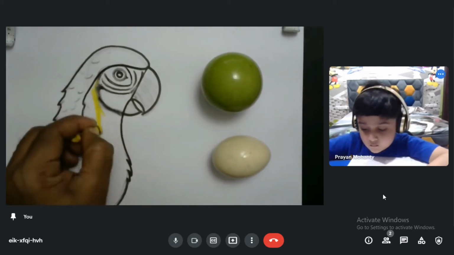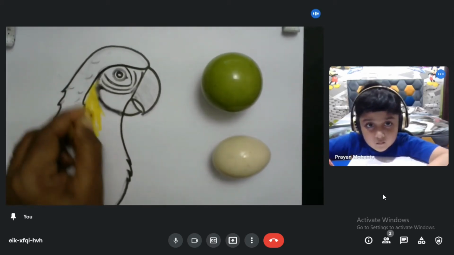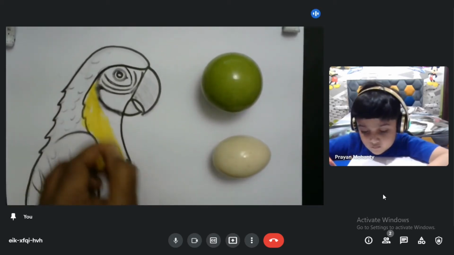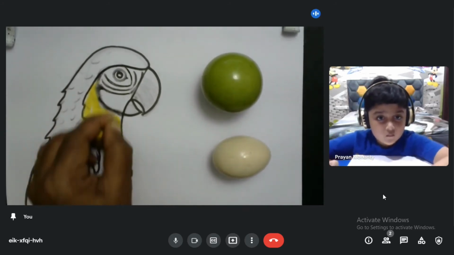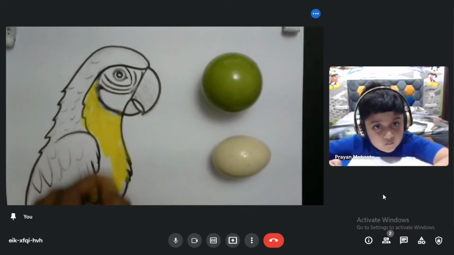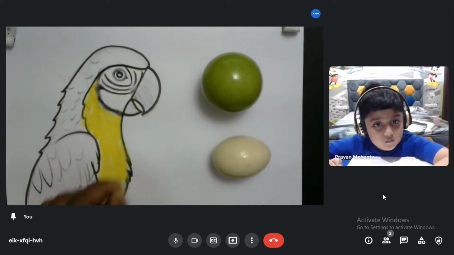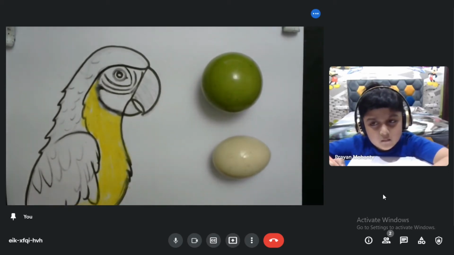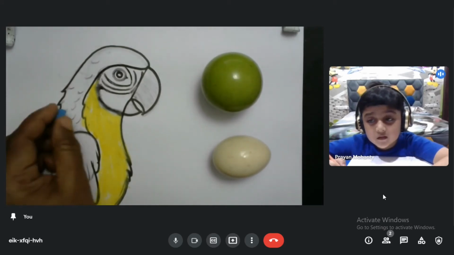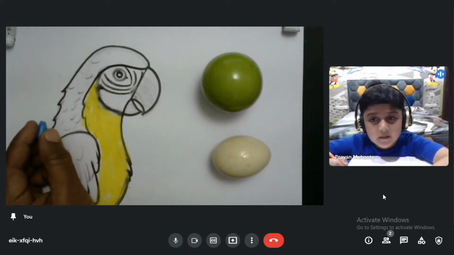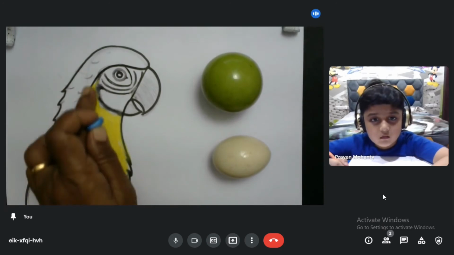Okay. So first I fill the base color. The base color of the macaw. This is yellow I use for base color, for the base of the parrot.